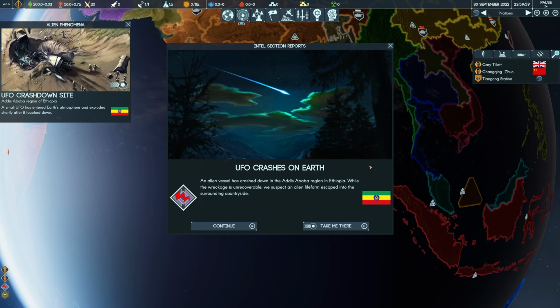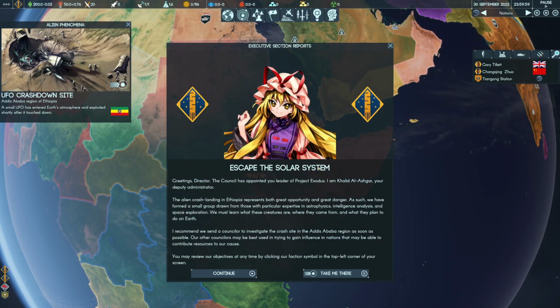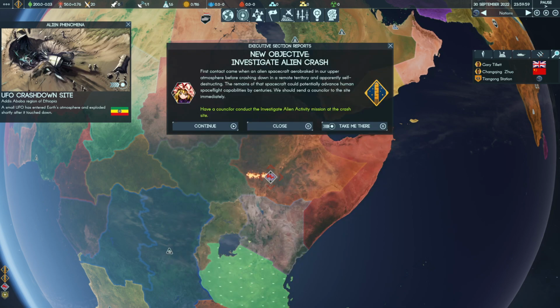UFO crashes on Earth. This is how it starts. As I said, the alien vessel crashes down on Earth. Greetings, Director. And the council has for some appointed reason, leader of our...